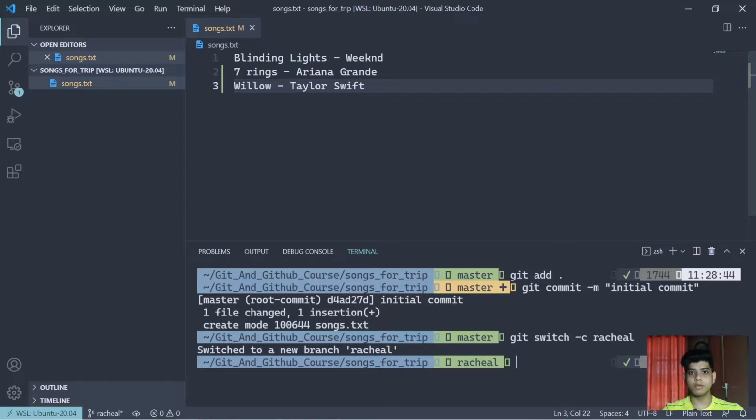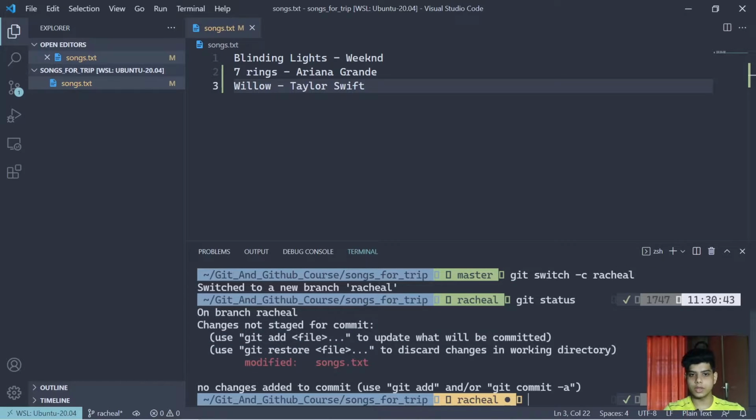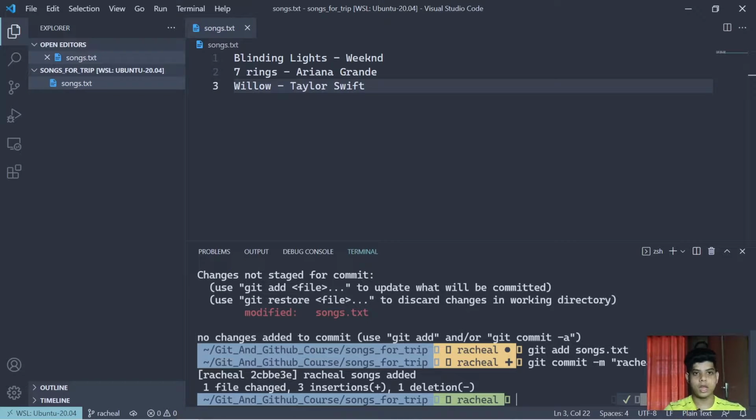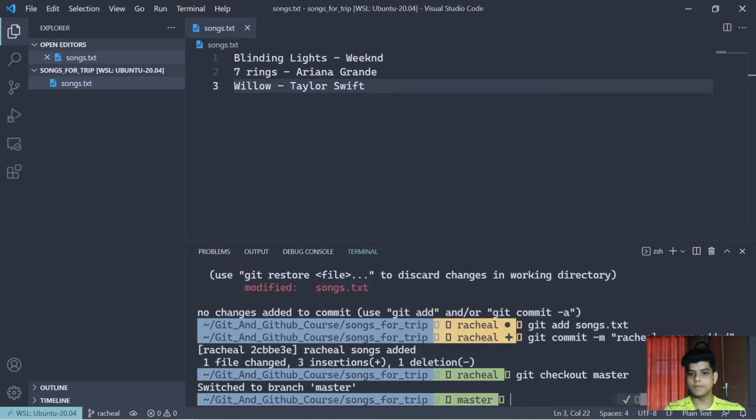Okay, so let's suppose she added these 2 songs, and now when I do a git status, this thing hasn't been added, so I'm going to do git add songs.txt, and then I'm going to do a commit, Rachel songs added. Okay, so we did that commit, and now if I check out to master, I won't